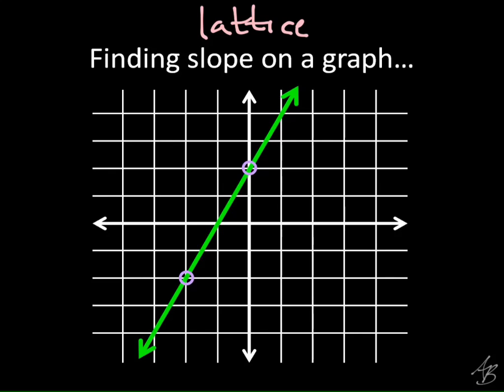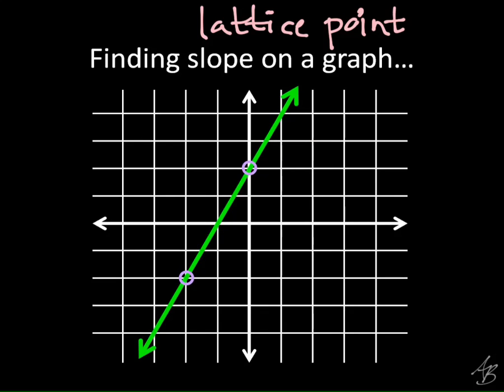If you want to try to remember it, it's not a bad idea to write it down. And a lattice point is where a vertical line and a horizontal line meet. All right, so we're going to pick points that are at lattice points so it's easy to count. If we pick points that are in between, like this one here that I pointed out earlier, this would be a bad point because we don't know what the x-coordinate is for that point. You can see it's crossing a horizontal line, so we know the y-coordinate here is 3, but we don't know exactly where it is between 0 and 1 on the x-axis. So we always want to pick points where the line is crossing through a lattice point.